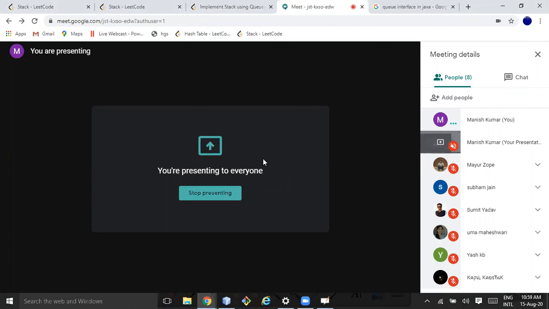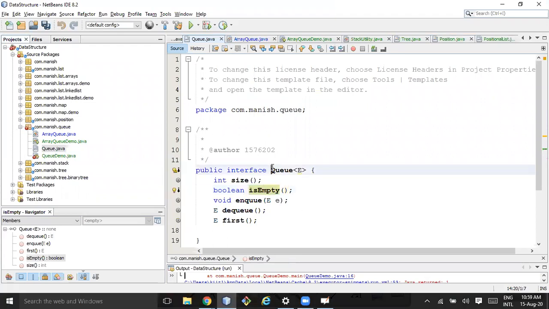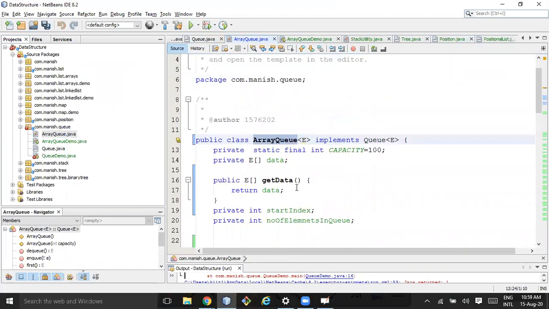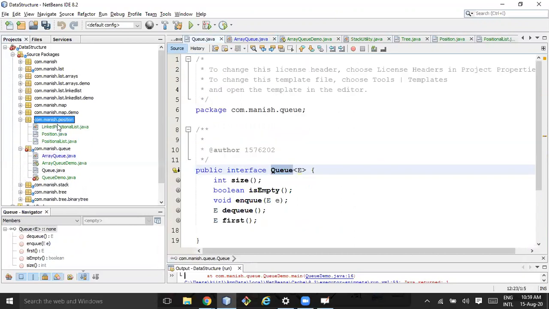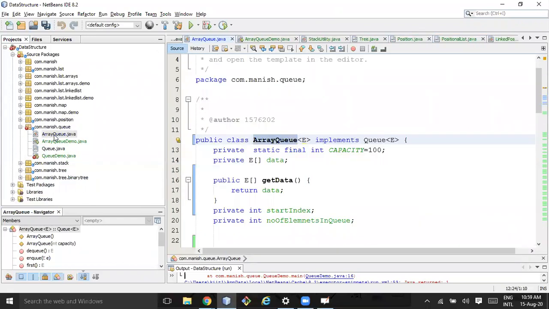In my implementation, queue was my interface, and I created one implementation for it and named it array queue. So this is my implementation. If I have to create any object, I can create it from array queue only. We cannot create an object from queue or any of the other classes like positional list or linked positional list. If I am creating an array queue and assigning it to queue, it means it is implementing the queue. Then only I can do that.